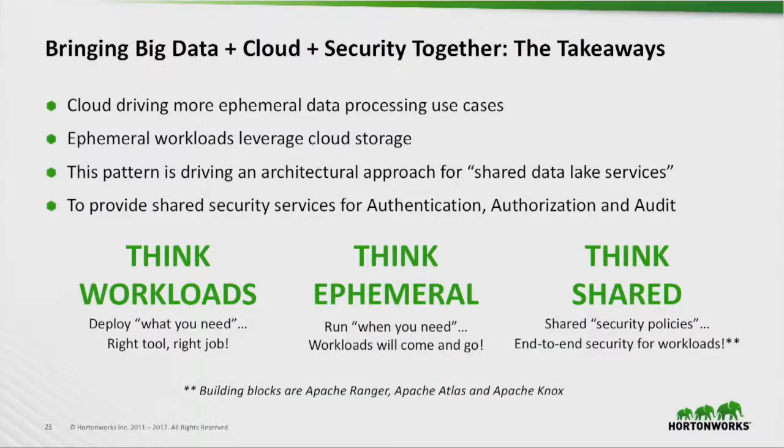So in the last couple of minutes here, just some things to take away. As we've gone on the journey, talking with a lot of customers over the past couple of years, we've seen, obviously, the agility and flexibility of cloud. We want to take advantage of that. So think about more and more ephemeral type data processing, so that you get the benefit of that flexibility. And then think about cloud storage a lot as more durable storage, since those workloads are coming and going. And this brought us to see this pattern emerge for shared data lake services, the longer running idea,